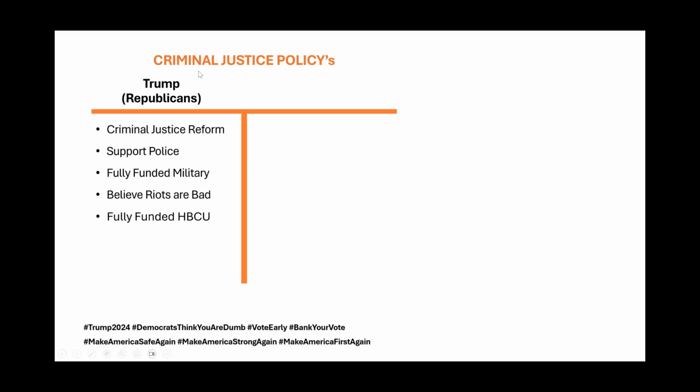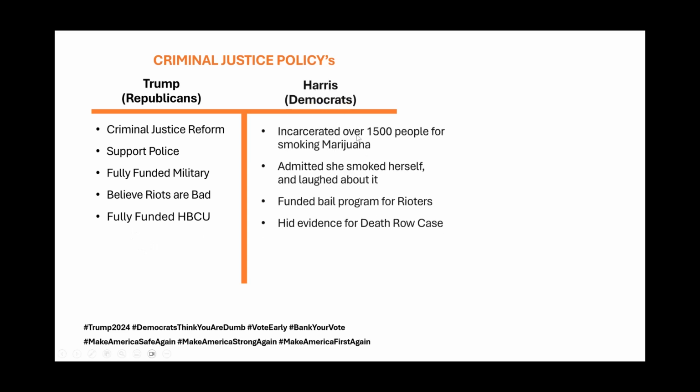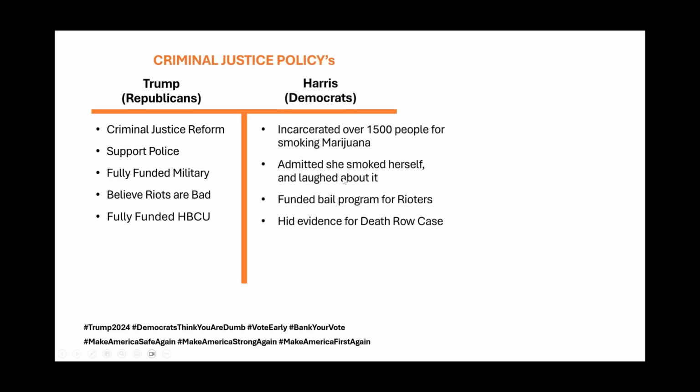We put this under criminal justice because if an individual can get an education, if they can go through college, this isn't a support that college is better than a trade school or anything else, but college is a great option. And that college degree can lead to less criminal interactions. And so we put it under criminal justice as a policy. Harris and the Democrats, this one's a little more directly at her. Senator Harris and Attorney General Harris incarcerated 1,500 people, over 15, for smoking marijuana and bragged about it.